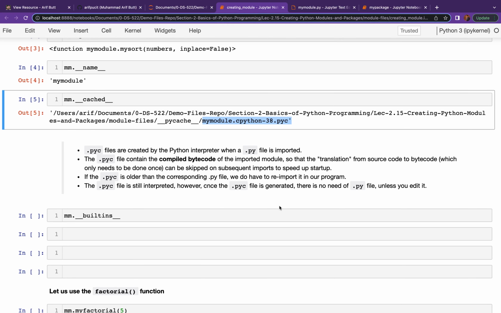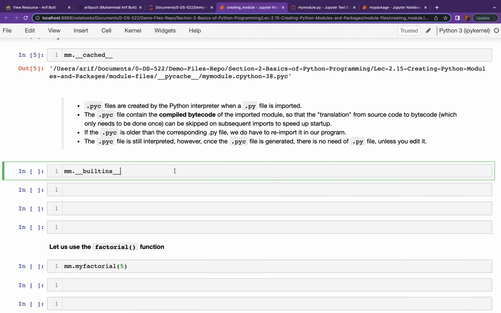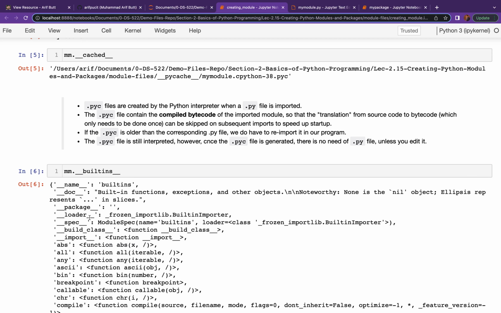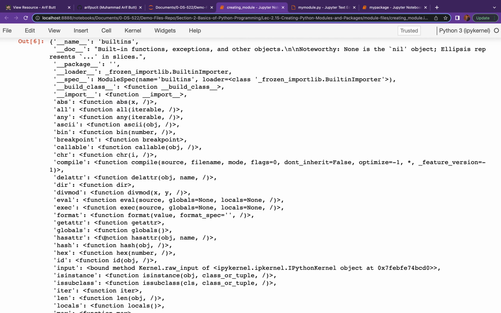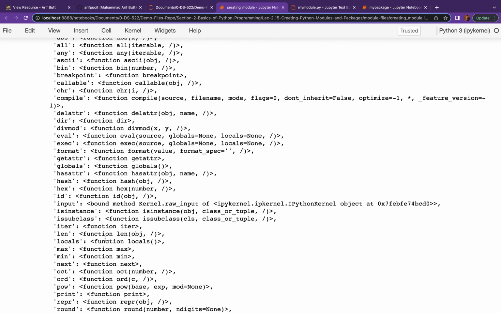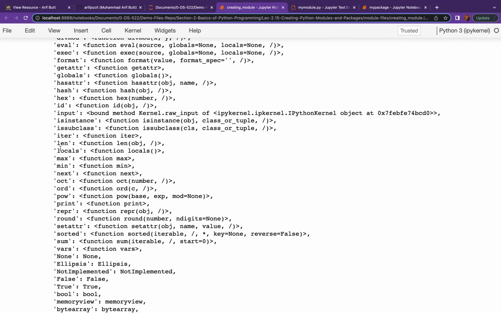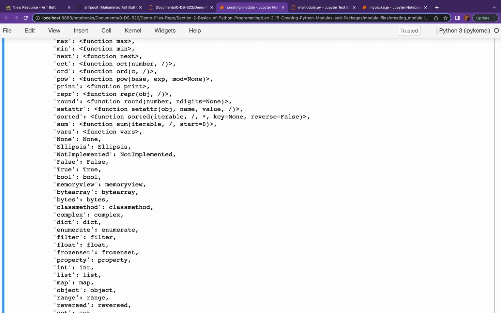Okay, and similarly this is __builtins__ that contains a dictionary of key value pairs, all the symbols that come up by default once you run the Python environment. You see the len, the iter, the input, all the built-in functions that we have used so far are here. Anyway,